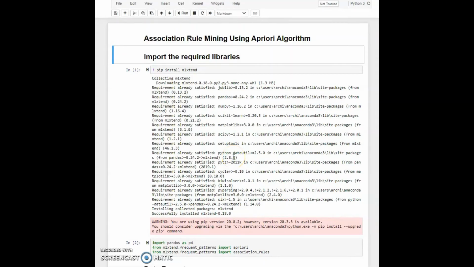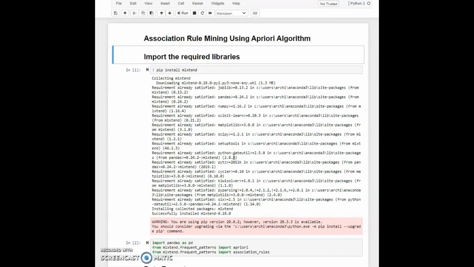So here we are in our Jupyter notebook for association rule mining with Apriori. I'm making the assumption that you got the Jupyter notebooks by installing Anaconda, and in that case you will need to do a pip install. So in cell 1 we do an exclamation pip install mlxtend, and we need to install this mlxtend library.